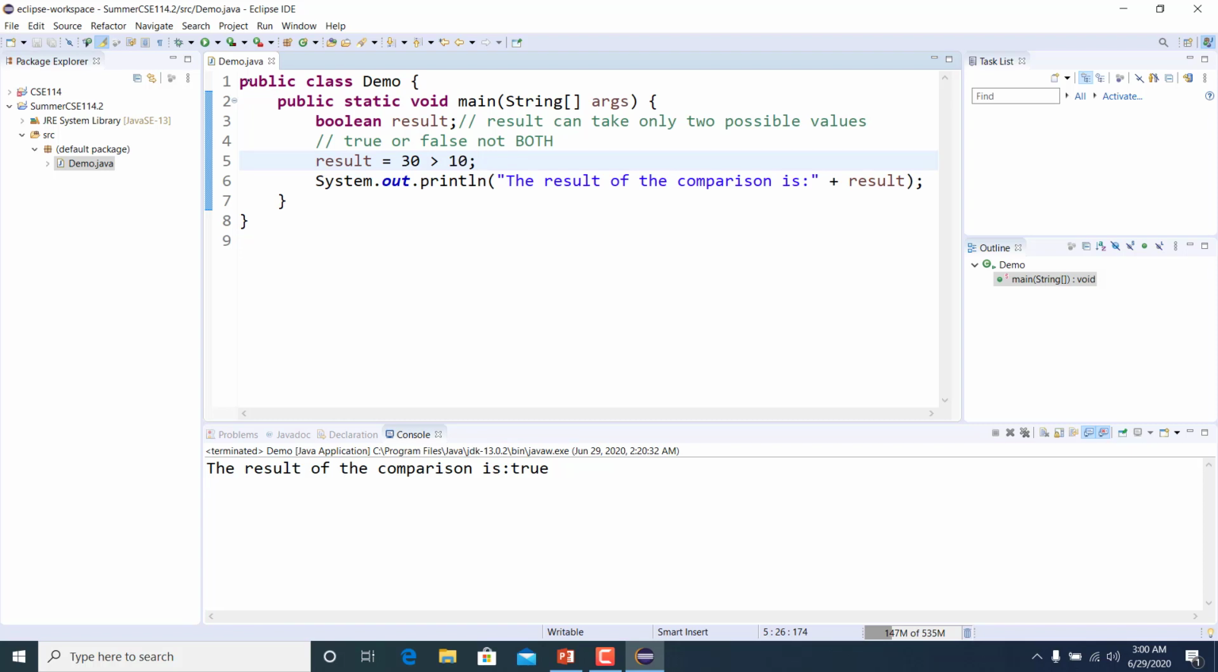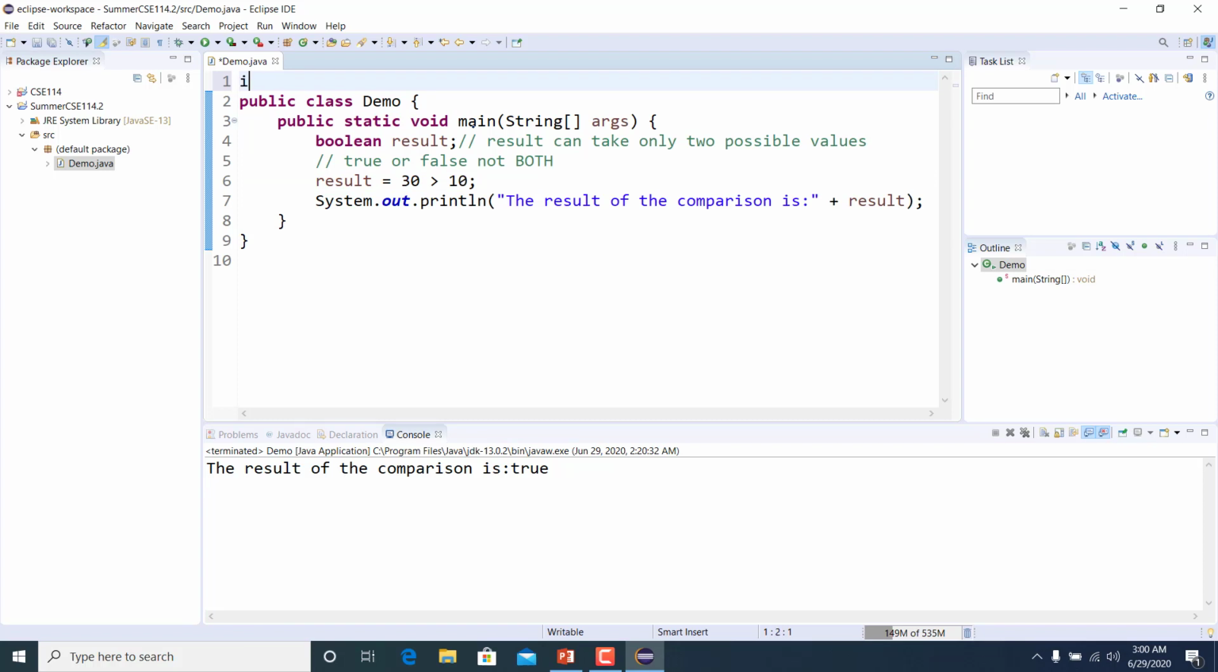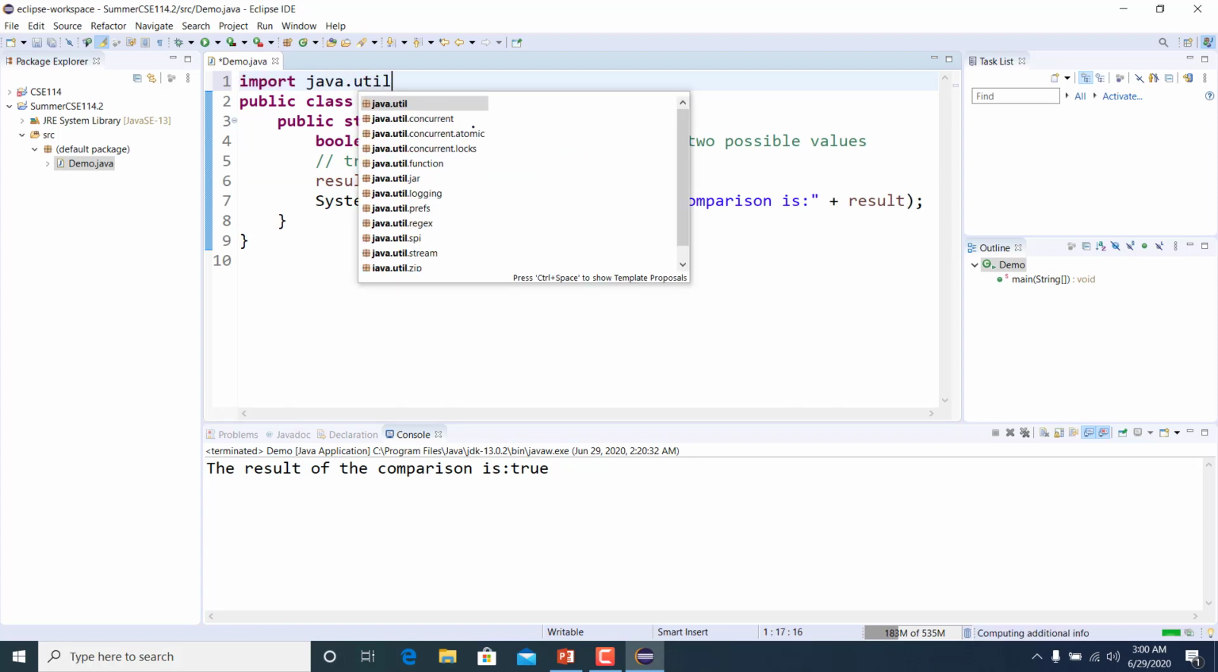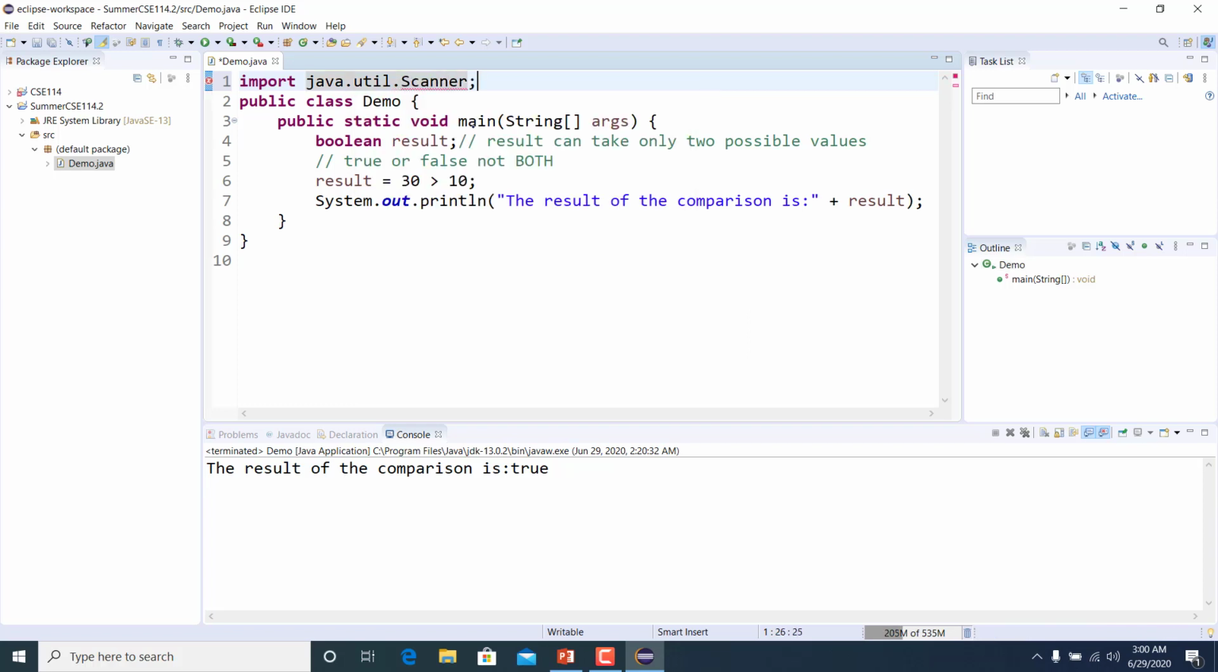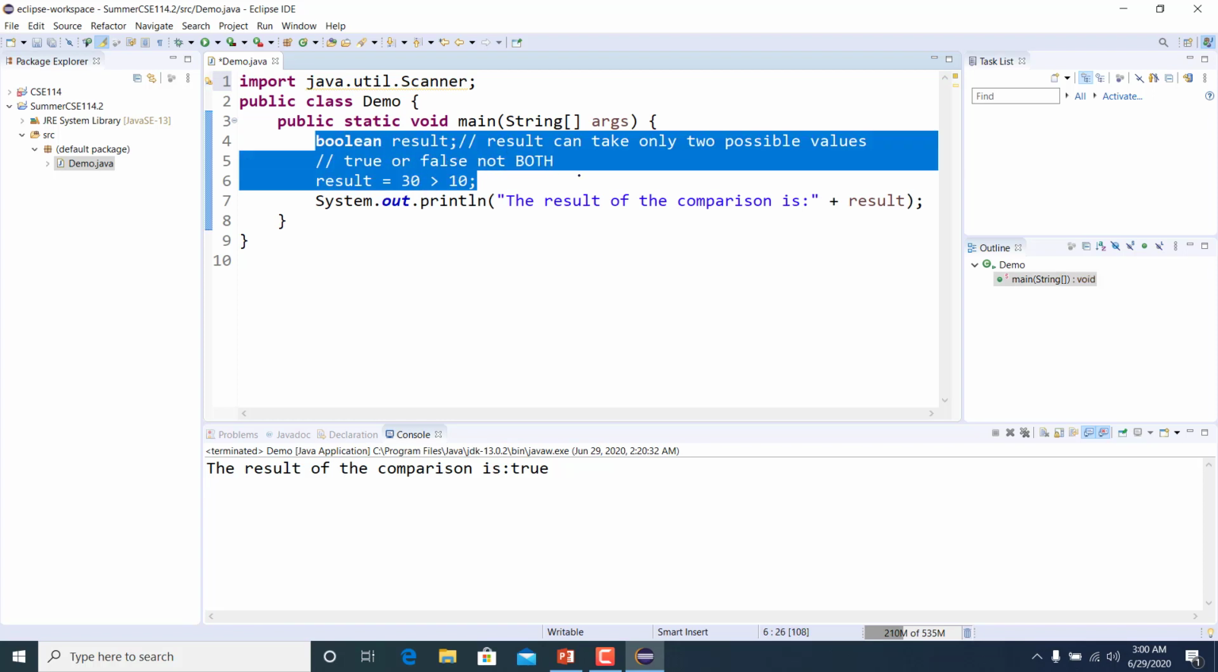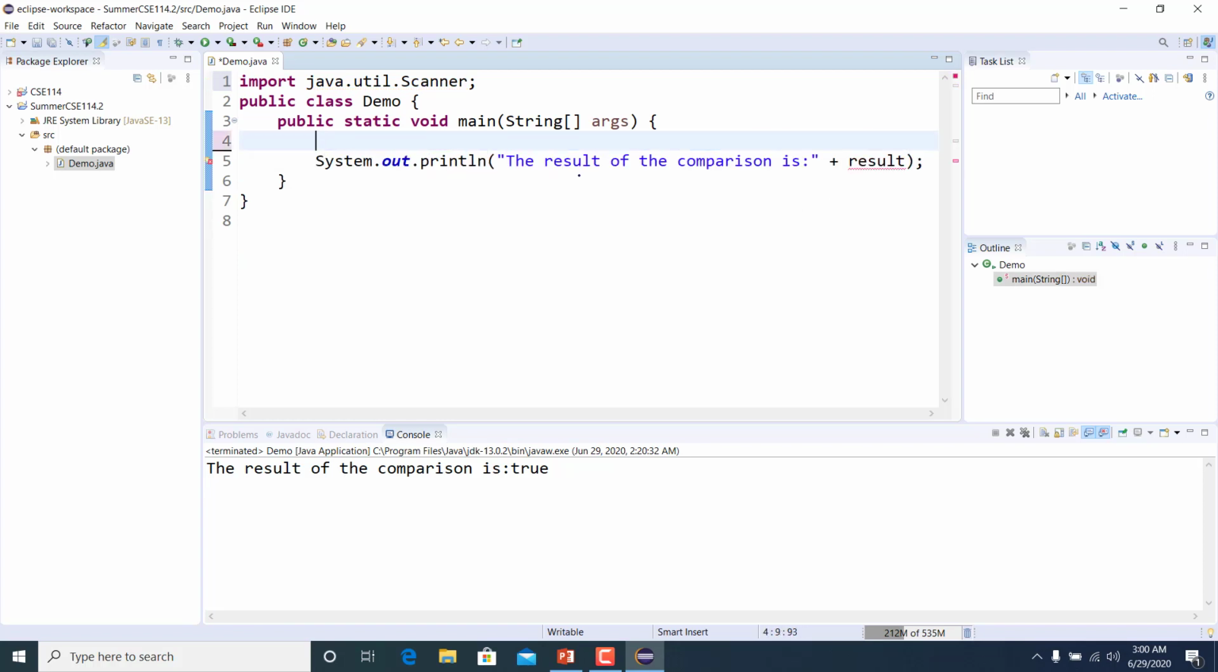So now let's use the Scanner class. Import java.util.Scanner. Alright, why am I using Scanner? Because I want to get the input from the user. Scanner stdin is equal to new